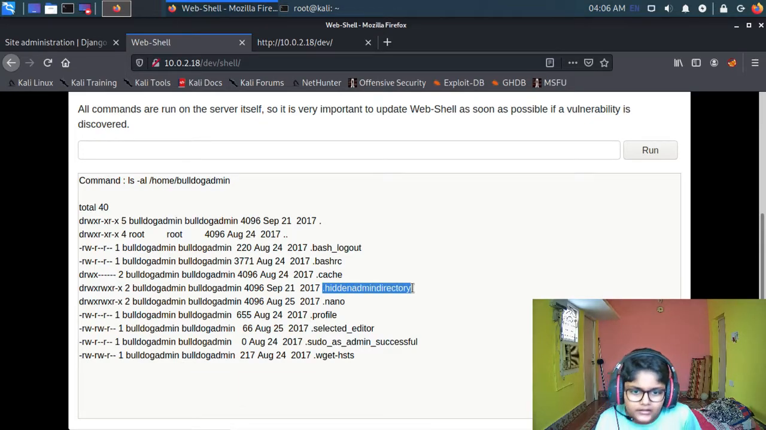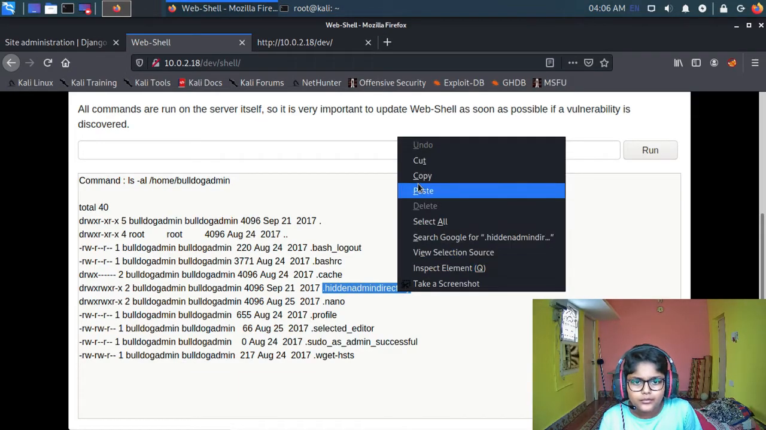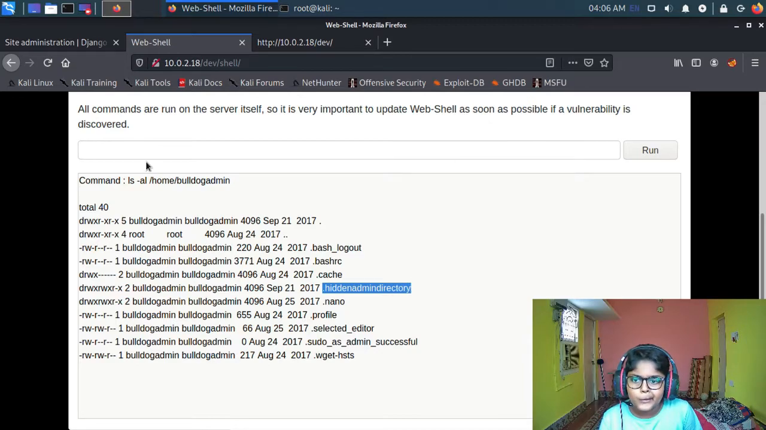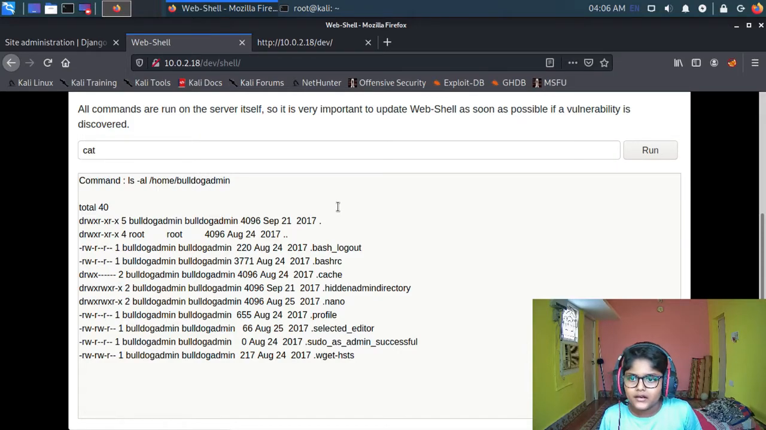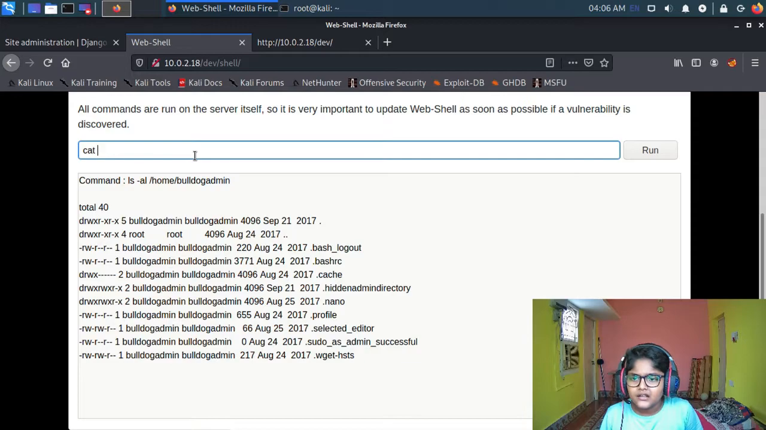Hidden admin directory, super name, we need to look up there, obviously, because it is hidden. I don't know, but sudo as admin successful, I don't know, many things are there. First let us go to the hidden admin directory. I don't know why it's hidden, because it might contain anything special over there, so we can use cat at